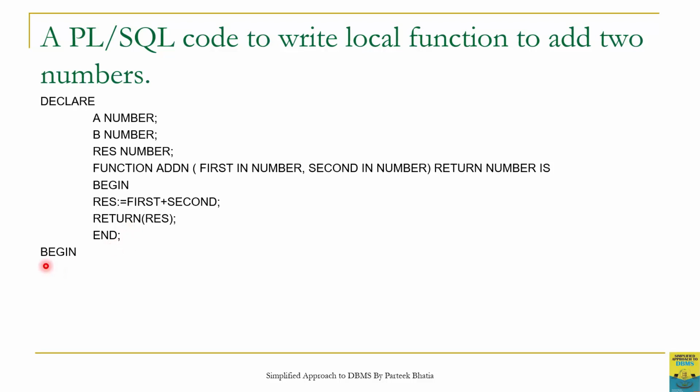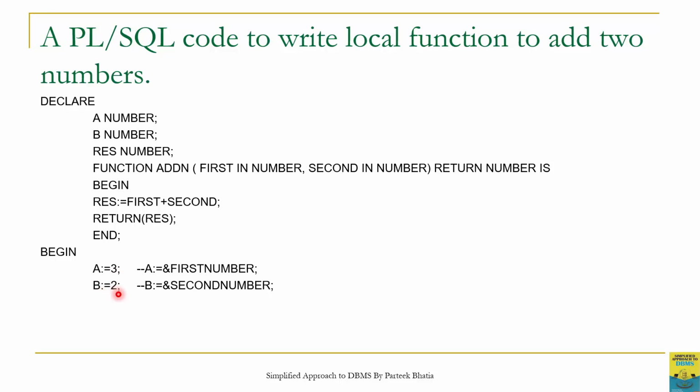Now in the begin section of this main PLSQL block, we can call this function. In order to call this function, we will first assign the value to our variables a and b. So in this case, I am directly assigning 3 to a and 2 to b. But you can also take the value of a and b from the user by using the concept of substitutional variable. Since we are using Oracle Live, I am directly assigning the value to a and b. But if you are working on the SQL prompt, you can always use a substitutional variable to take the value from the user. Now a has the value 3 and b has the value 2.